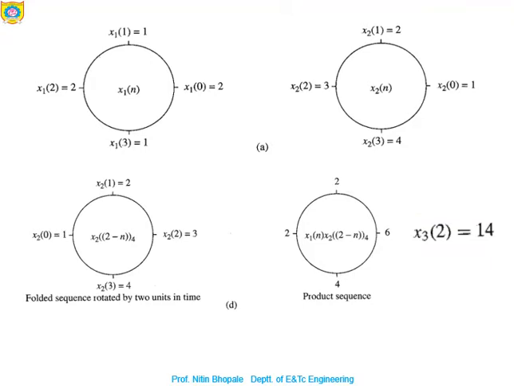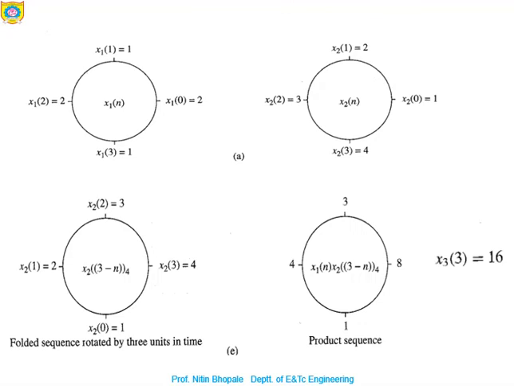Once it is done, finally we need to verify it for the x3 of 3. So for x3 of 3, x2 of minus n has to be delayed by 3. So it has been done like this. So the first shift, this was here 0, then 0 comes here, then it is here for the final shift, x2 of 0, then x2 of 1, x2 of 2, x2 of 3.